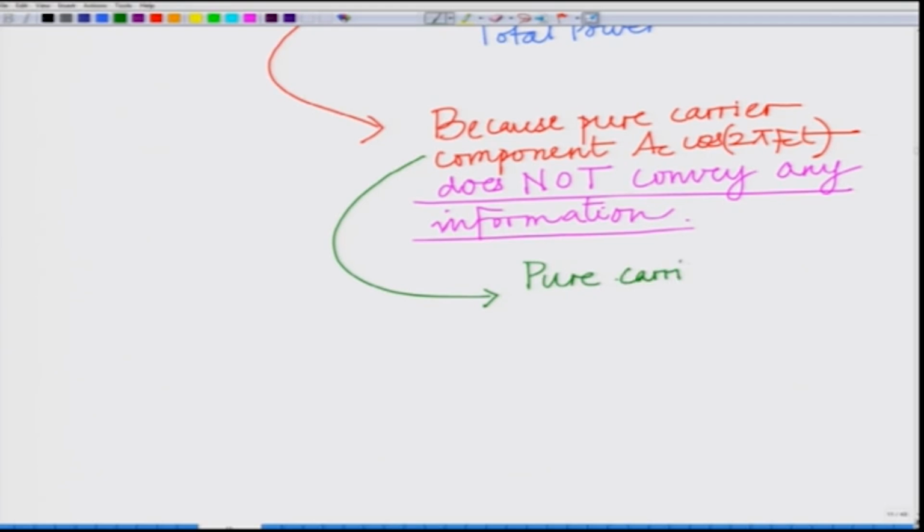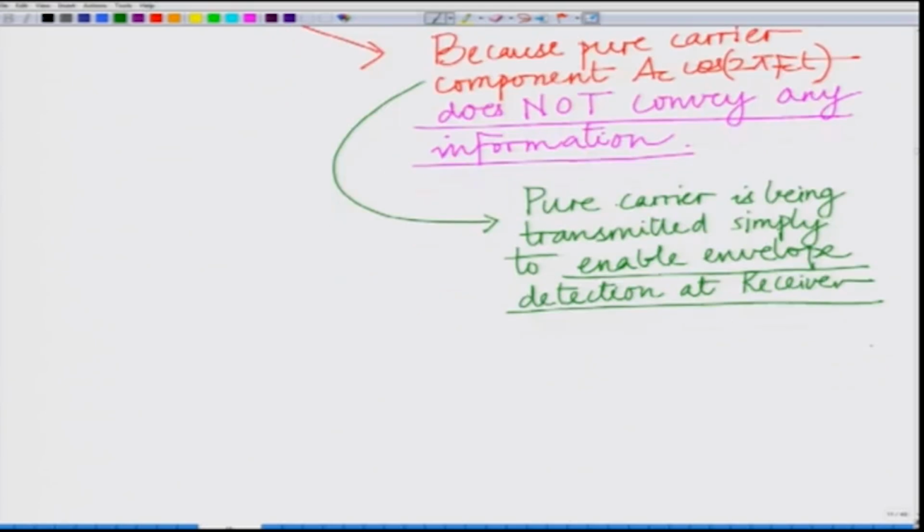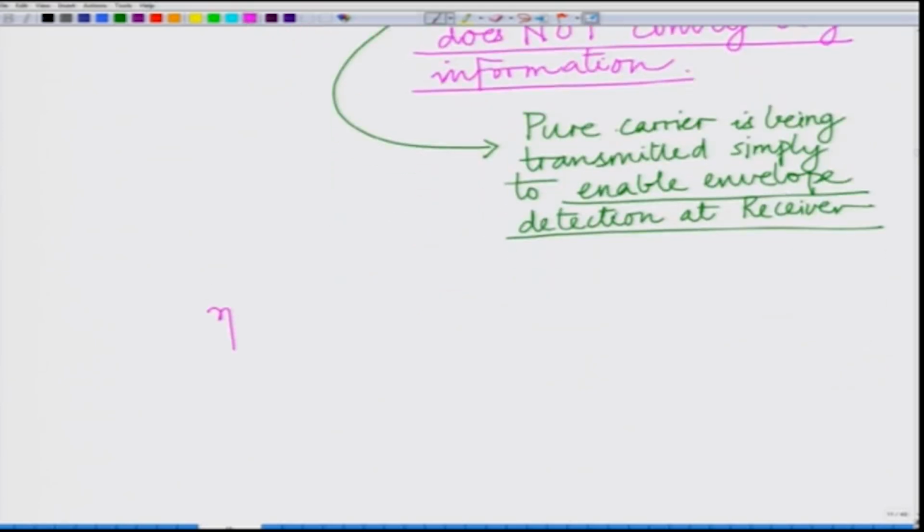The pure carrier is being transmitted simply to enable envelope detection at the receiver, and therefore, eta, that is the efficiency, is the power in the carrier modulated by the